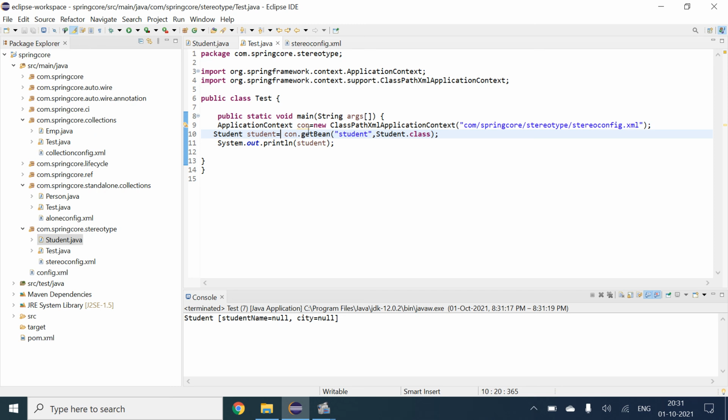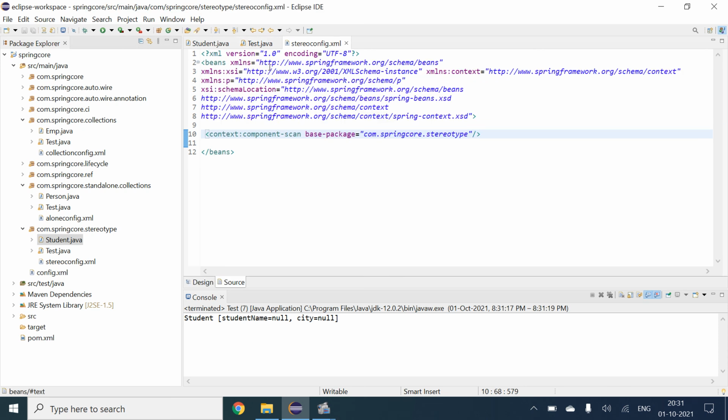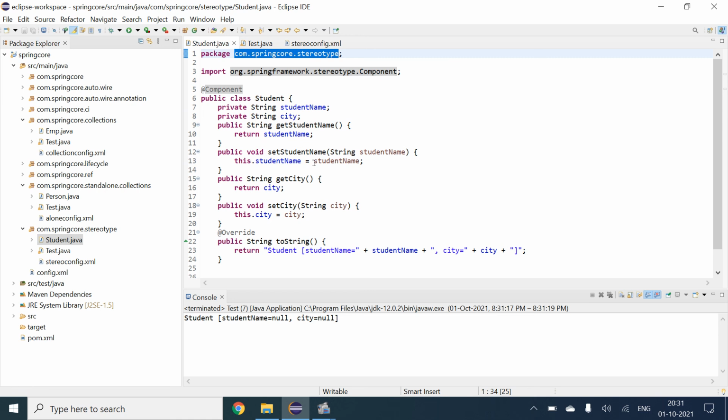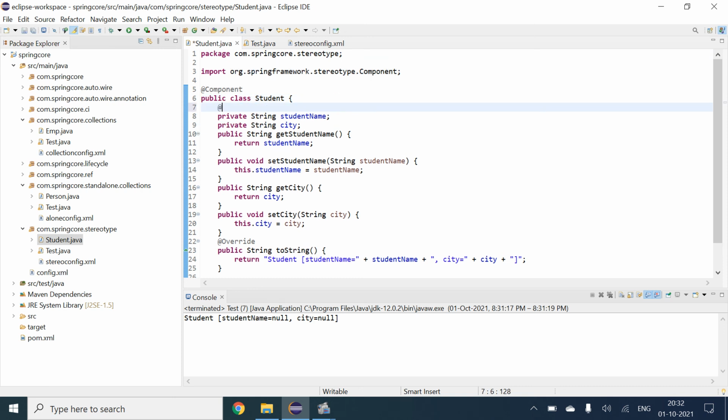That is because I didn't tell what values should come under the component. The component is created, but we haven't given the values. So for that case, we will use the value annotation, in order to give our input as a name.